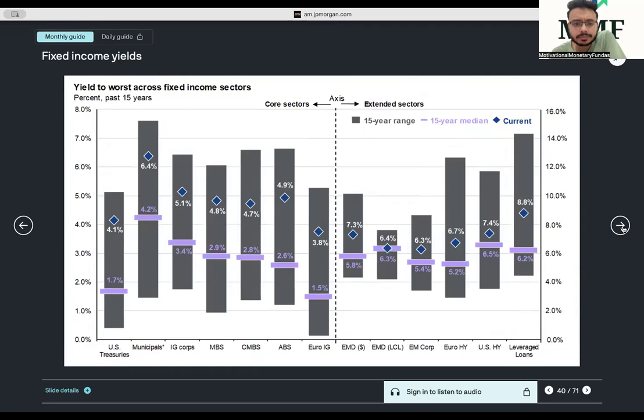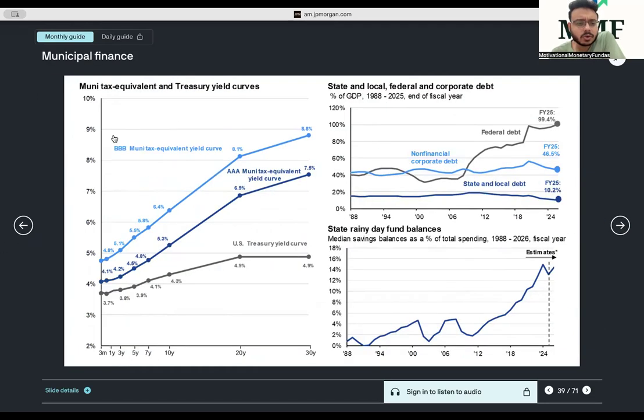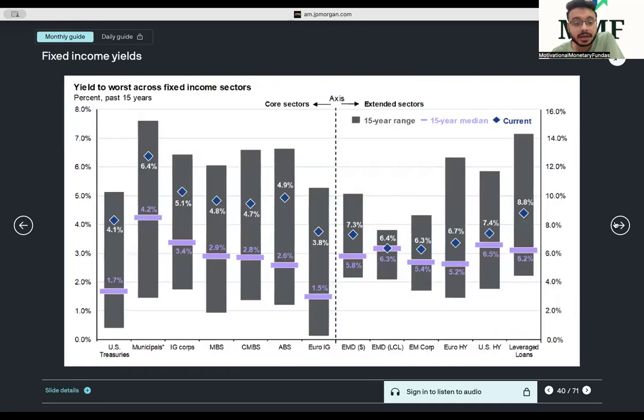So again, you can understand this concept of a Muni tax equivalent yield curve, right? It's very important. Maybe we can cover a separate video on that. Again, it's a very important concept in US. Understand yield to worst. Again, a specific video is there on YouTube to understand yield to worst on my